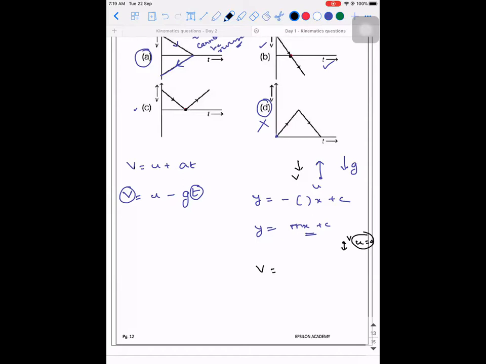Why? Because it is coming to momentary rest at that particular point. So V is equal to U plus AT. Now for the reverse journey, that is the downward journey, tell me V is equal to, what is the initial velocity? 0 plus acceleration, which is minus G into T. If you observe this, it will be minus G into T, means the velocity is increasing, but in which direction? Negative direction. So why is C eliminated?